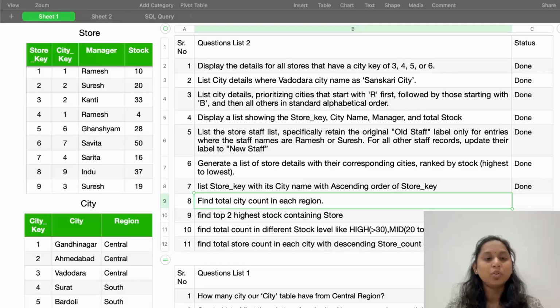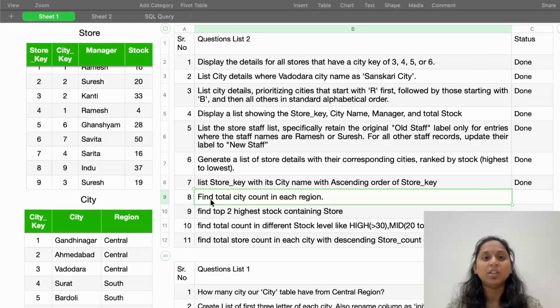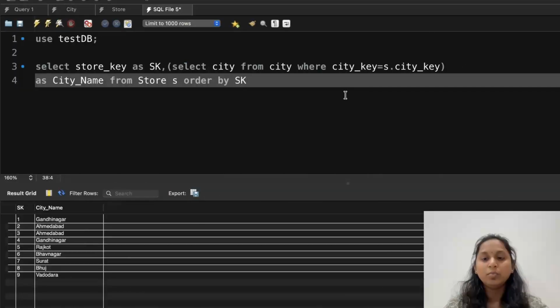Saurashtra is also one group with three rows, and Kutch is also one group with only one city. So they expect Central 3, South 2, Saurashtra 3, Kutch 1. This list is expected in this question: find the total city count in each region. So how can I do this? Let me show you the syntax of group by. How can I do the group by?